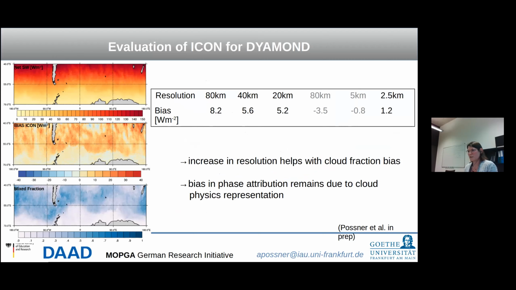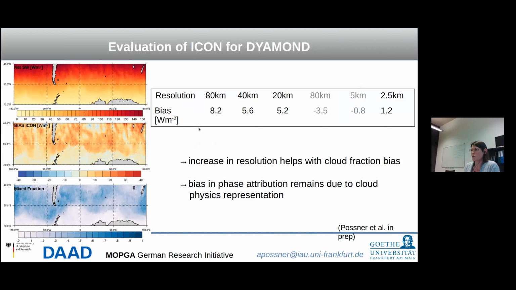And the reason we care about this, again, is linked back to the radiation. So here we look at the bias in radiation of these ICON simulations, and you see the net shortwave flux observed from space on the top here, and you see the bias for one of the ICON simulations, and this shows you a distribution of where these mixed phase clouds are sitting. And you see a lot of red here, which means too much shortwave radiation is making it down to the surface, and that's exactly the regions where we have these mixed phase clouds.